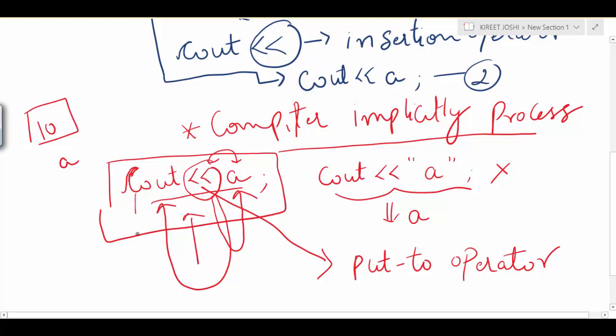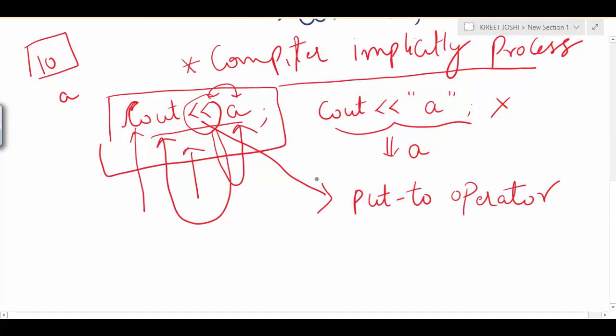If in your viva or in an interview it is asked what is cout, please don't answer that it is a function. Cout is not a function, rather it is a predefined object of OStream class, and this OStream class is the child class.